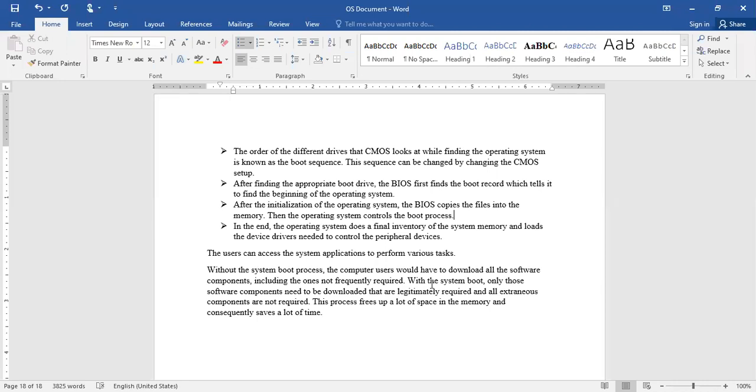What happens in that case? Again, you need to reinstall all these things. Such kind of difficulty exists when you don't have the booting process, right? So this particular process will free up the user from installing all the things which are required each and every time, right? Once you install, you can use it further. Am I right or wrong?